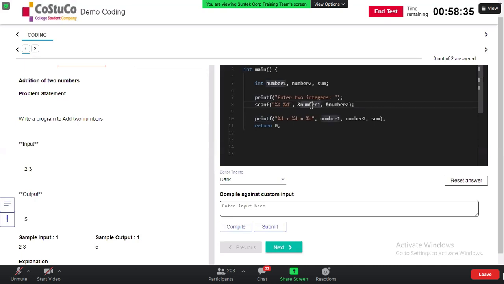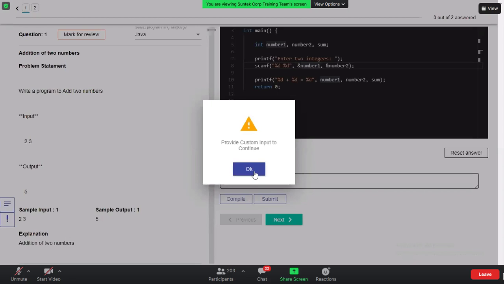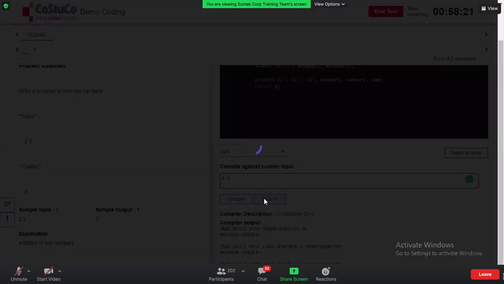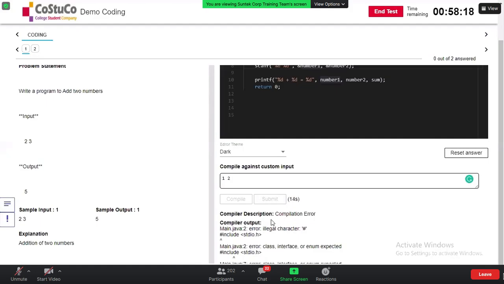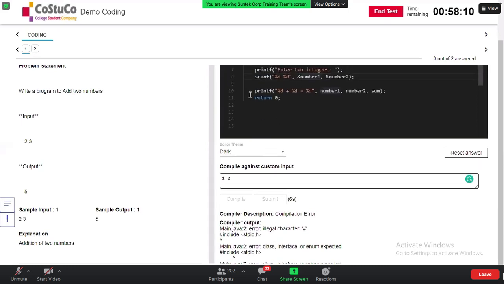So after writing your code, what you have to do is there is something called a submit here. So you have to submit it because I have not given any input. That's why it's not getting submitted. And let's say I'm giving one space, I have to click on submit. So it will show if there are any compiler issues. So even if you are doing it 10-15 times, let's say you're writing some line of code, make sure to click submit. Submit can be clicked as many number of times as possible. There is no restriction. And if you don't click on submit, whatever the code that you have written will not be saved. Okay, that is about it.